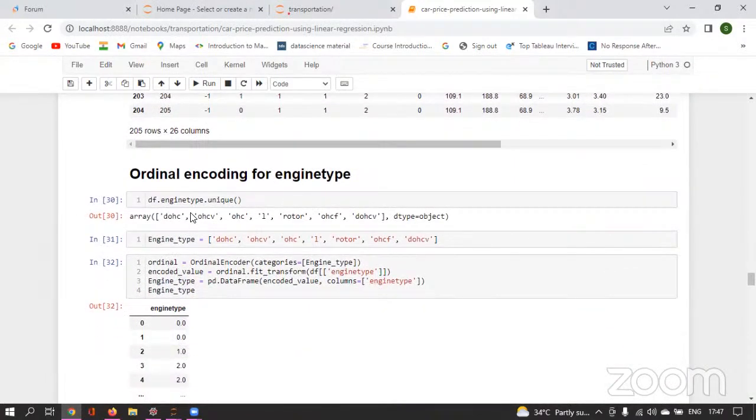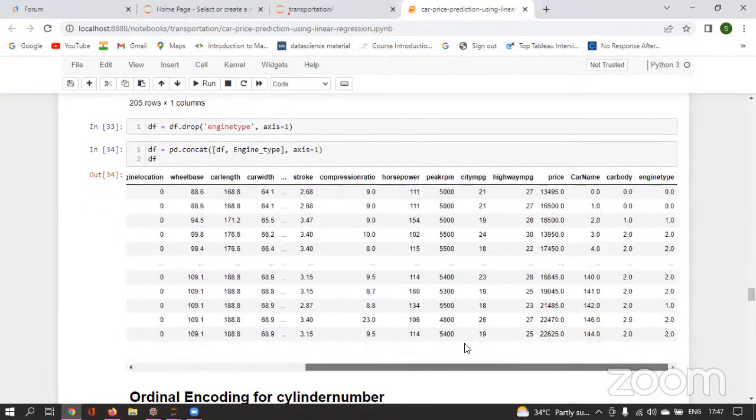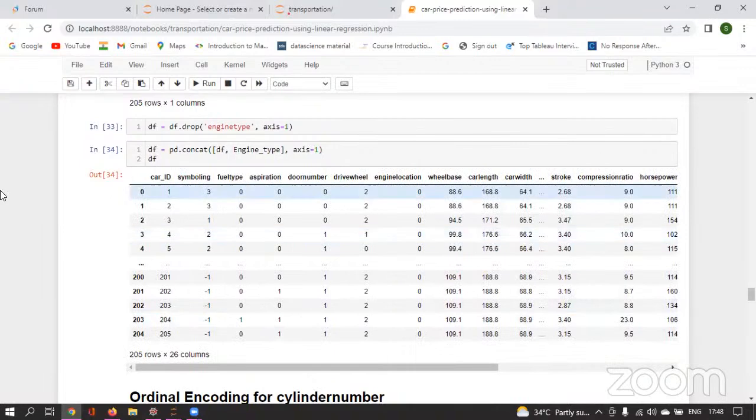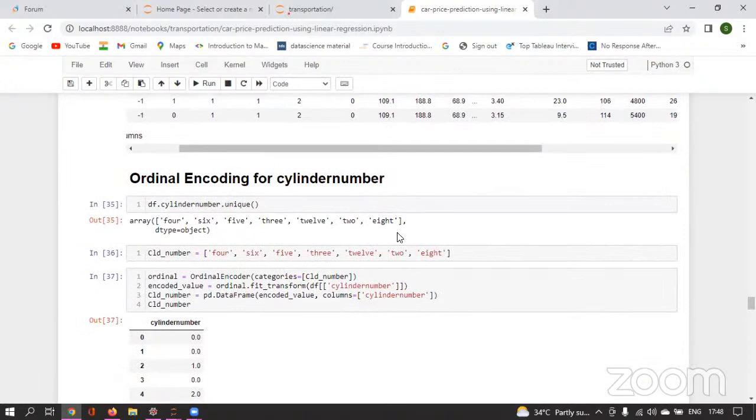And then we have engine type. So these are the different engine types. It will be having some importance. Based on the engine, we can increase or decrease the price. So it will be a very important feature. What I'm doing is simply applying the ordinal encoding for the engine type as well. And I'm simply replacing it with the feature that has the category, and then I'm appending all those features into the data frame. Now you can see it is the data frame that we have to work on.